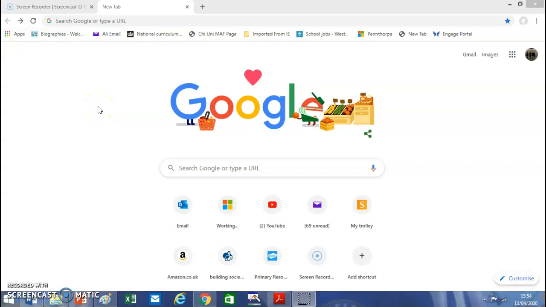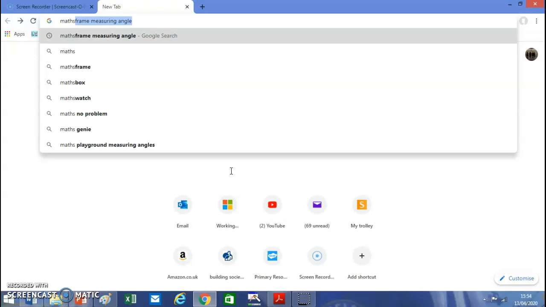So those of you who don't have a protractor at home, or who want to have a little bit of practice without having to get straight down to doing your work, I'm going to show you a really easy way to have a go at playing around with different angles at home. So type into Google "maths frame"